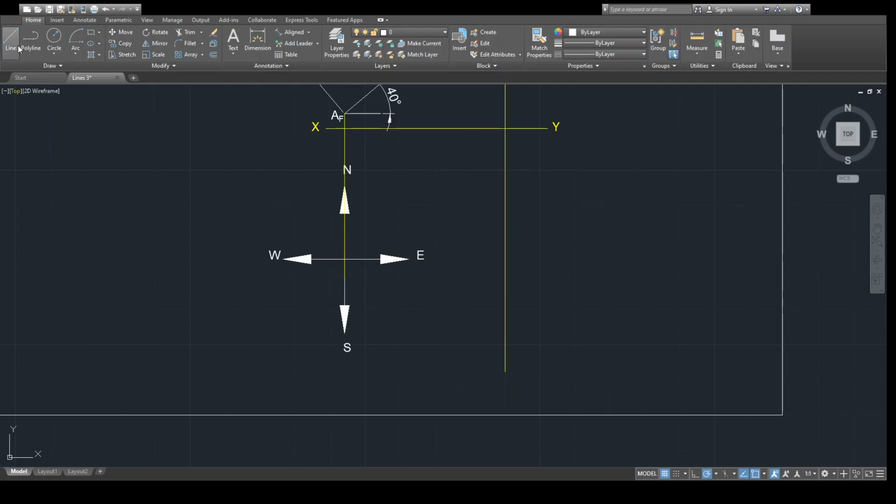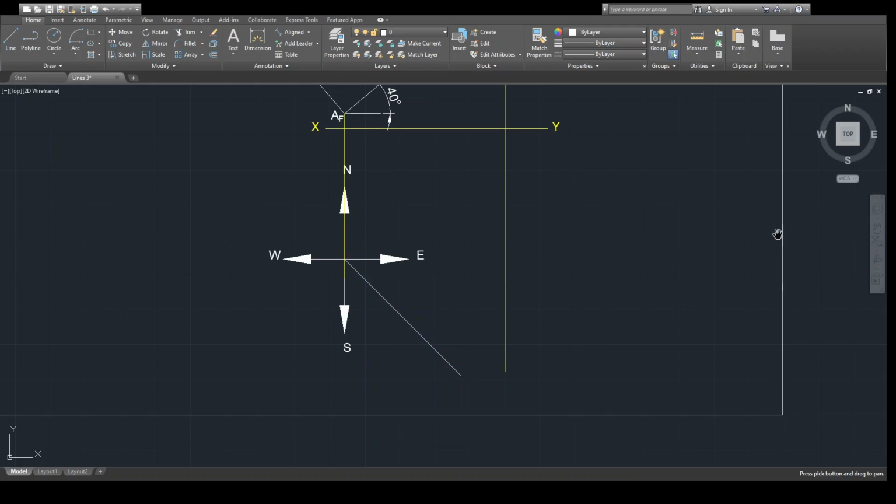S45E, one more time I will draw 45. So this is the line S45E.